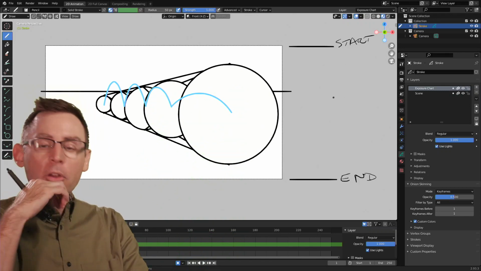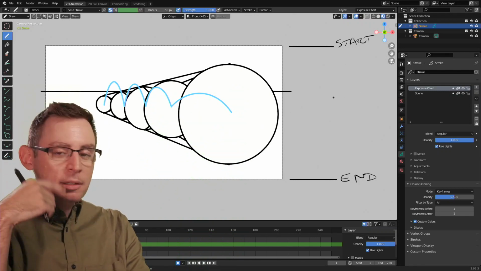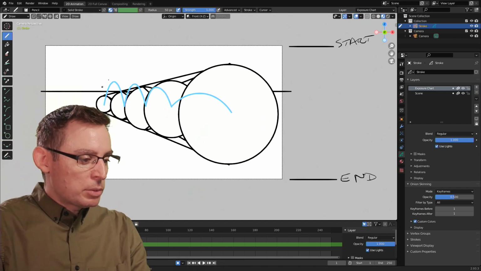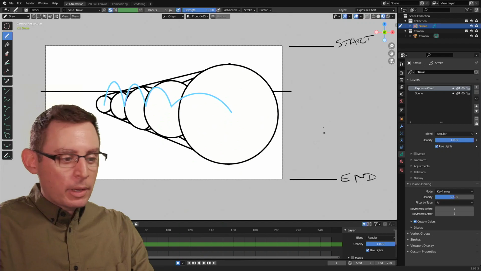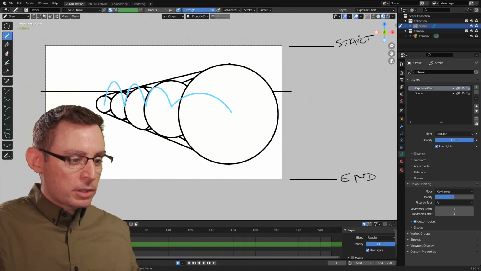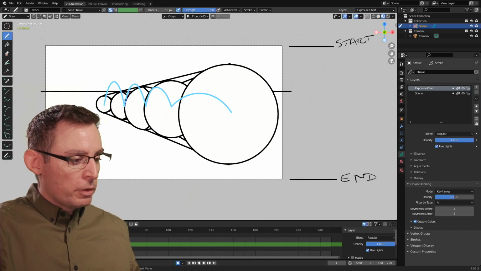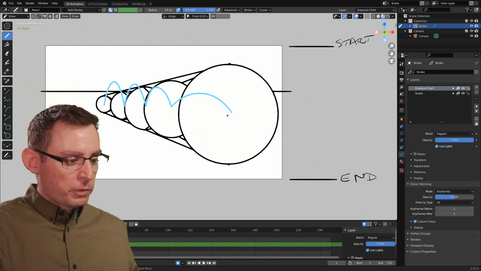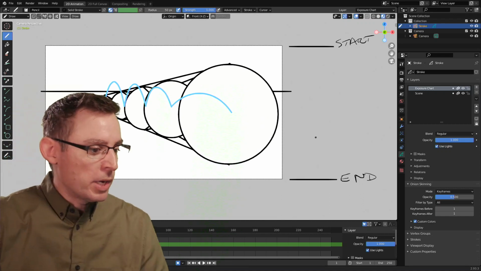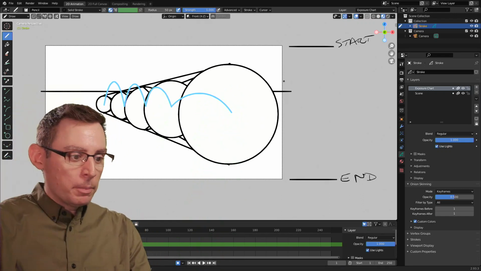And now I need to figure out how long it's going to take to do these jumps. How long in between each movement arc, how long it's going to take for the animation to go through each one of these movement arcs. So I know that the start is going to be over here. So we have the first jump, the second jump, the third jump, the fourth jump, and maybe we have a fifth jump where it bounces off the screen itself. So we're gonna have 5 jumps in total.